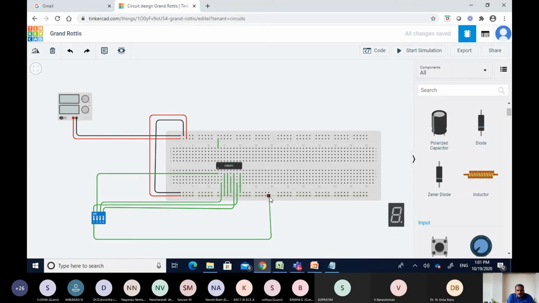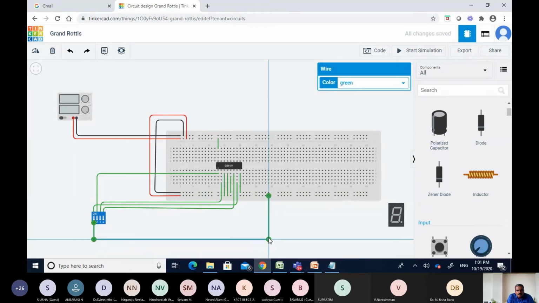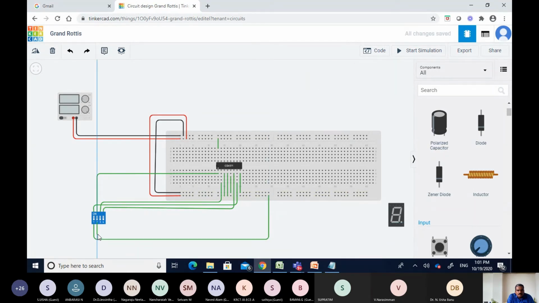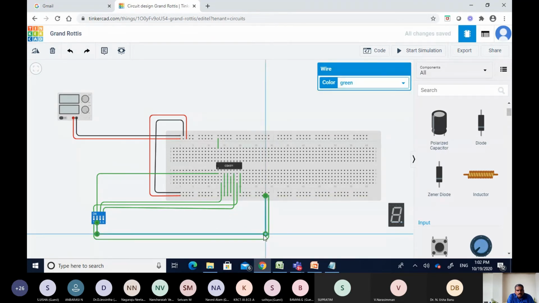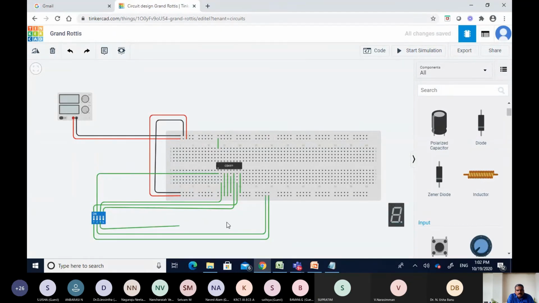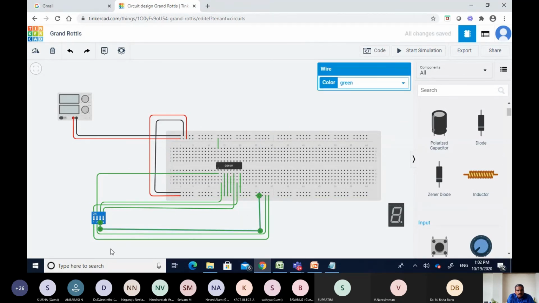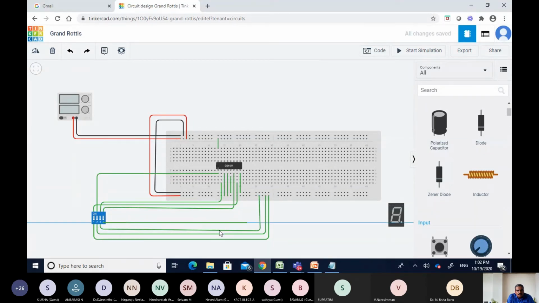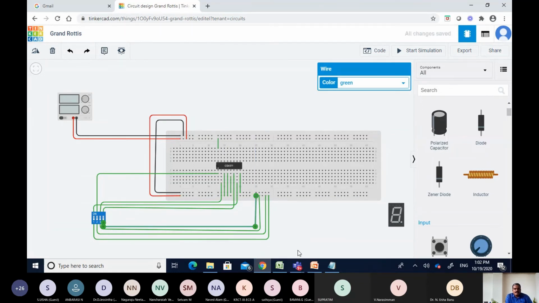So 1, 2, then 3, and you have 4. Right, I have connected the switches.